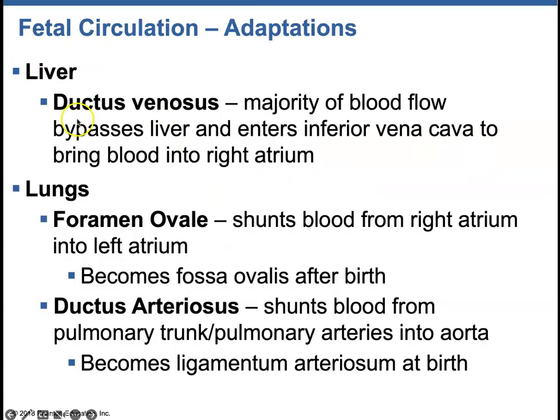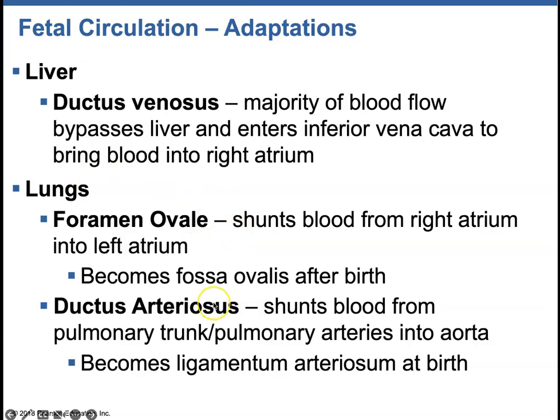So at the liver level, we have the ductus venosus, where the majority of the blood is going to bypass the liver, enter the inferior vena cava, and bring the blood to the right atrium. Then, to bypass the lungs, we have the foramen ovale between the right and left atrium, which shunts the blood across, and then the ductus arteriosus will shunt the blood from the pulmonary trunk and pulmonary arteries into the aorta. And so when the baby takes its first big breath at birth,